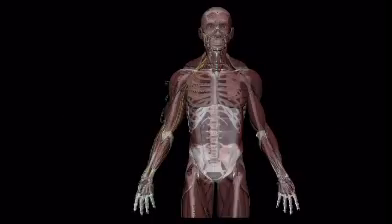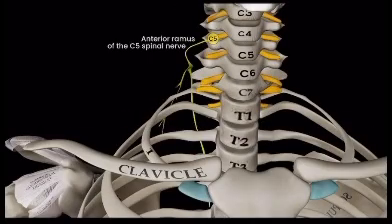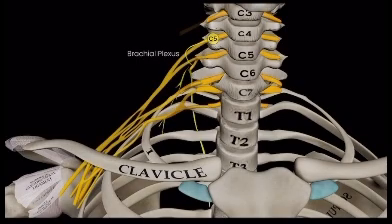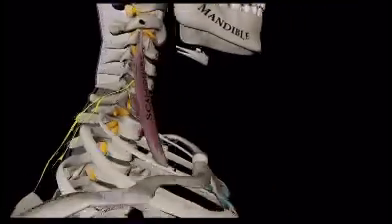The dorsal scapular nerve. The dorsal scapular nerve arises from the anterior ramus of the C5 spinal nerve. After branching from the brachial plexus, it pierces the middle scalene muscle and travels posteriorly,